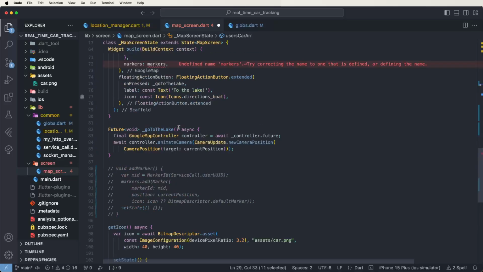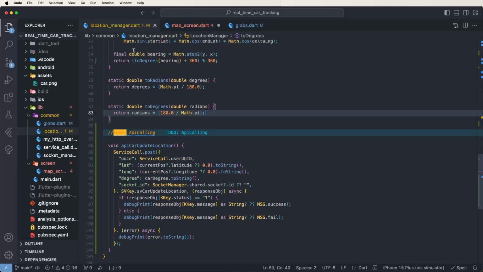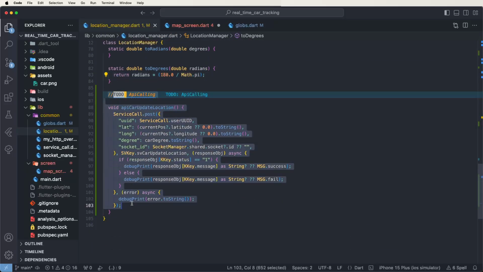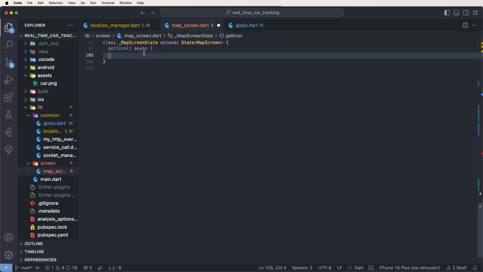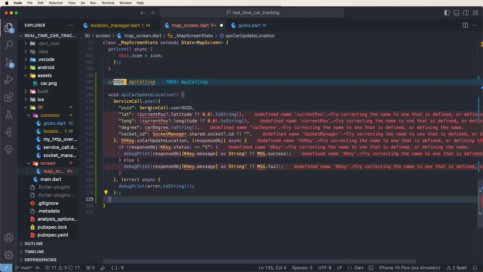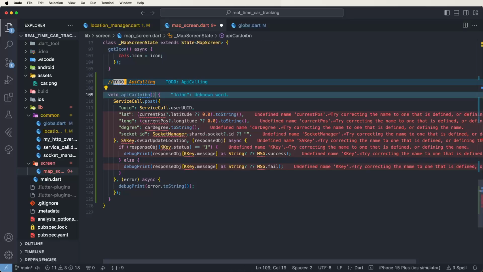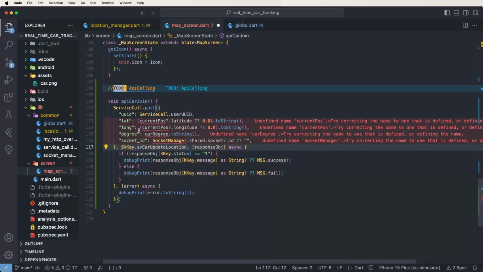Now need to write down first of all the API calls. Now need to copy inside the location managers. Now copy here, go inside the map screens and paste this here after the vars. And now need to write down here the car join, change the API names, and also change the imports for the needed files. Also need to set here the current positions,